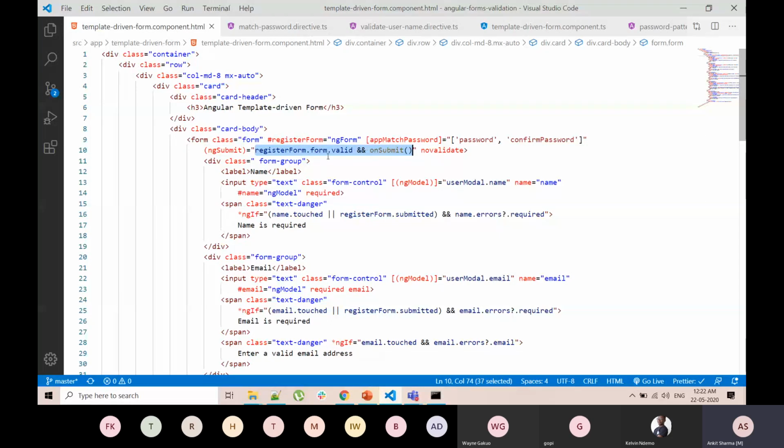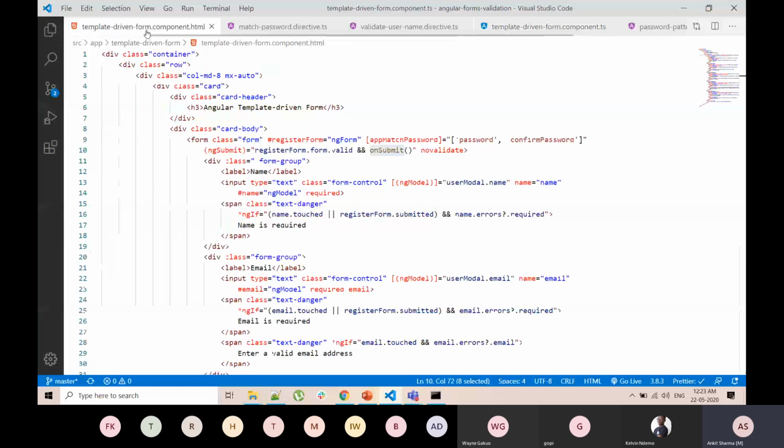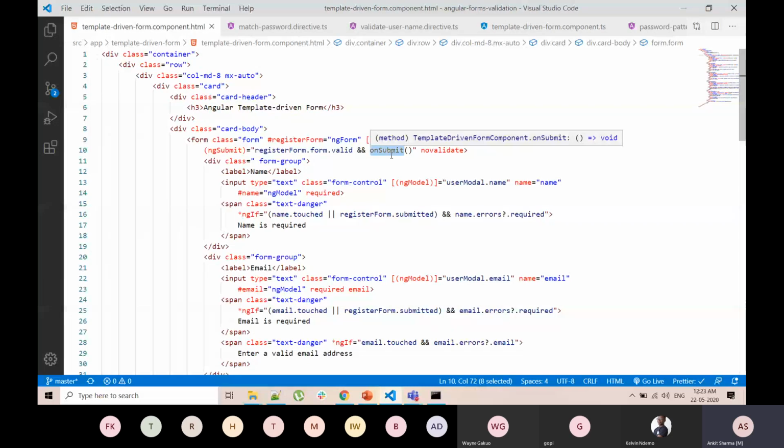It will check this condition, if register form dot valid. This means that if the form is valid, all the controls in the form have passed all the validation checks which we have put, and then it calls the on submit method. This on submit method is defined over here, and it will put the value in the console. So this is how a template driven form will work.